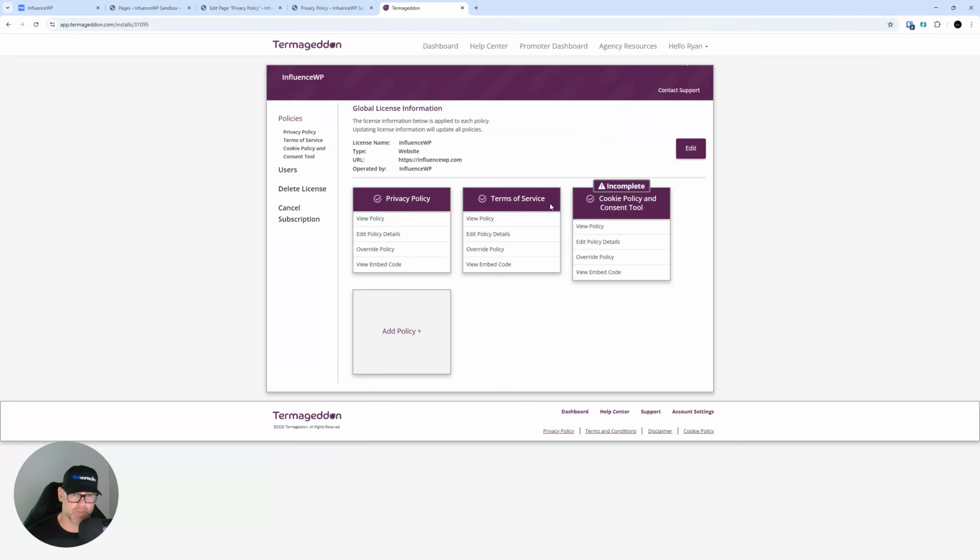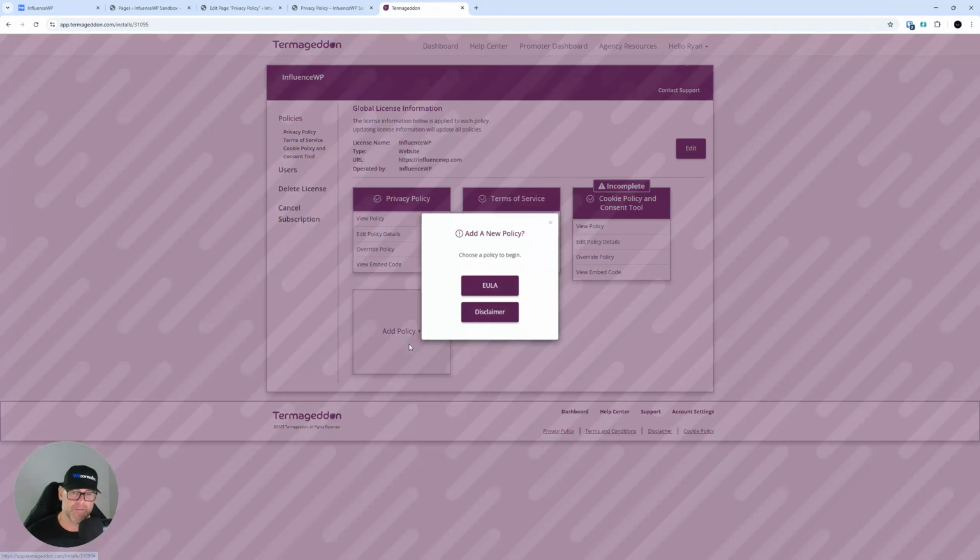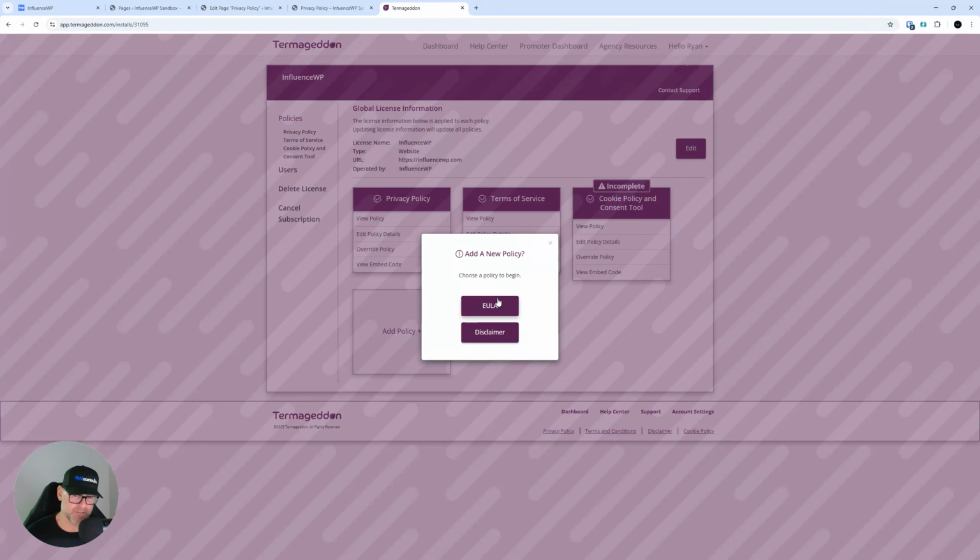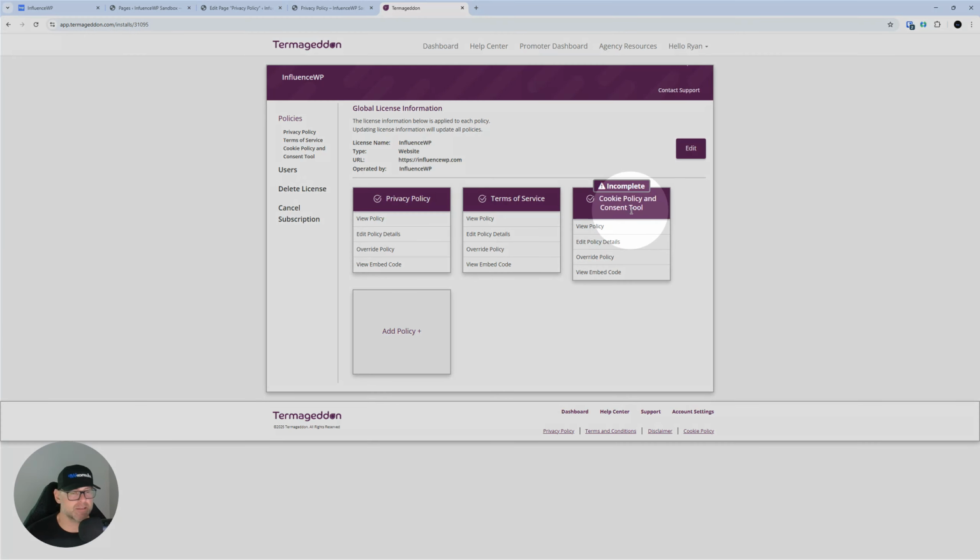You go through, you do all the other policies that you need. If I click add policy, it's kind of like a checklist. It says, hey, these are the 2 policies that you have not set up yet. I also started the cookie policy and consent tool just because I wanted you to see this incomplete. Notice right here, that's going to appear if you've started a policy and you haven't finished it,